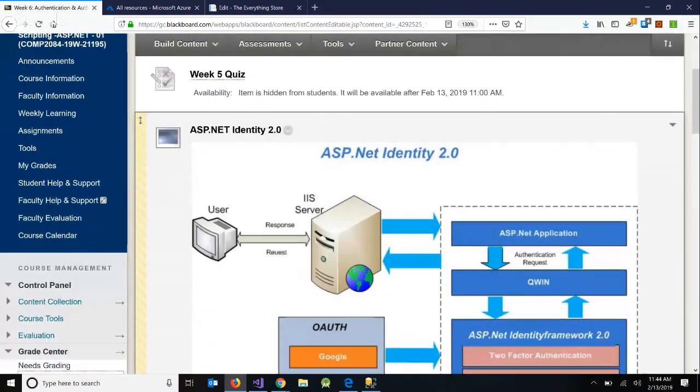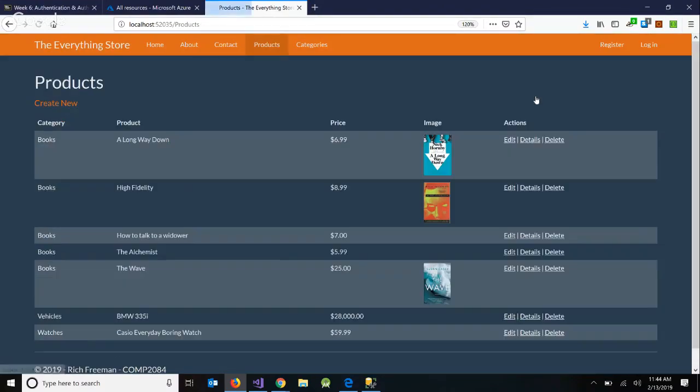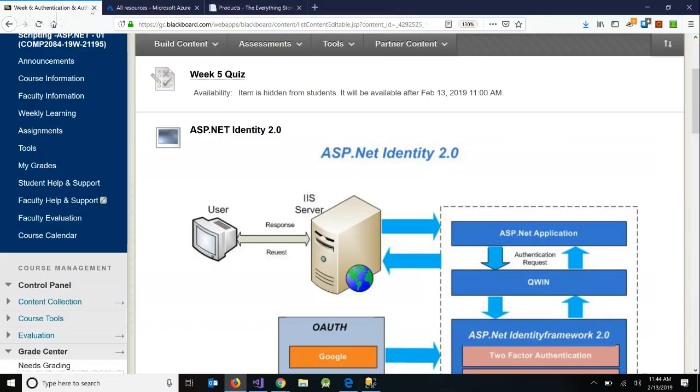So I want to give you a look at kind of what we're going to be doing today. So right now we've got this application where everything's public, right? Our product catalog is public, our categories list is public, and anybody who comes to the site can do anything. They could delete everything from the database, they could put a whole bunch of junk in there. So obviously we're going to want to change this. So when we think about web application security,